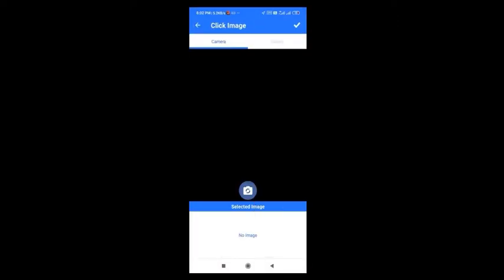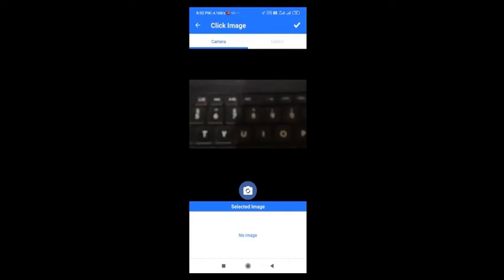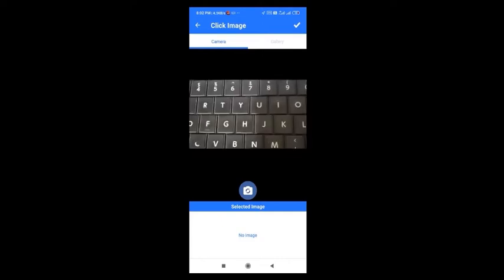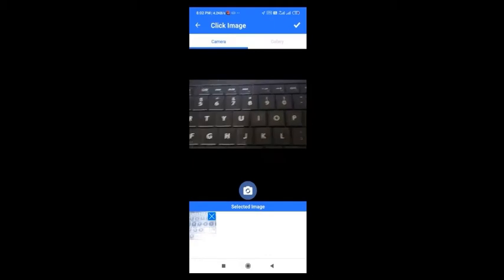Again, the application gives you the access to attach images while submitting the form. So you can use the same. You can click any image and share it with the manager. And your form will be submitted now, and it will be received on the manager portal.